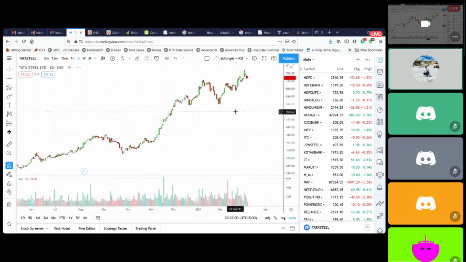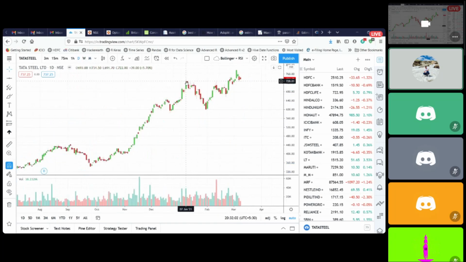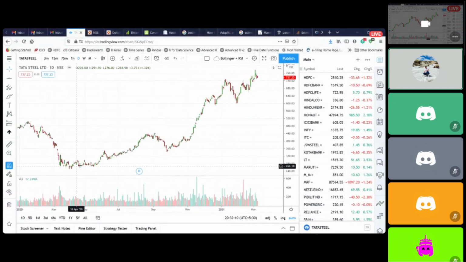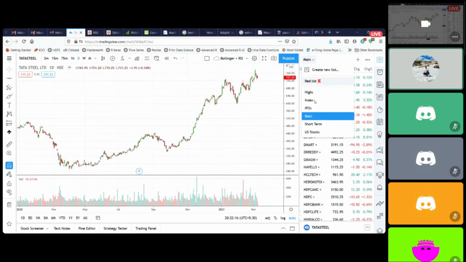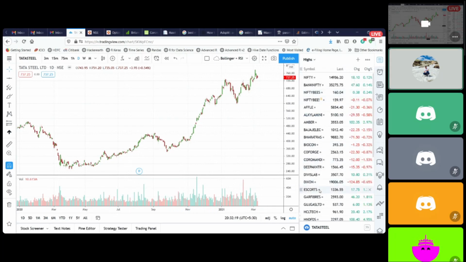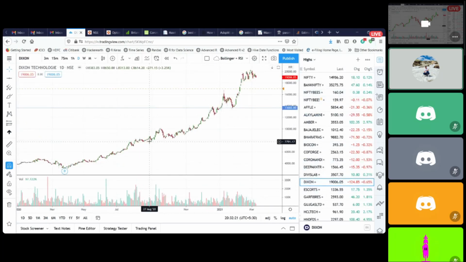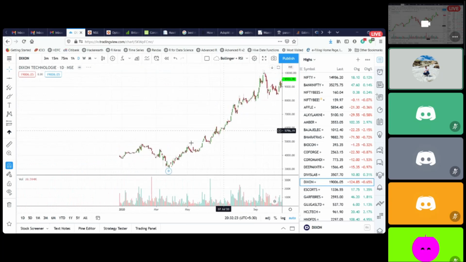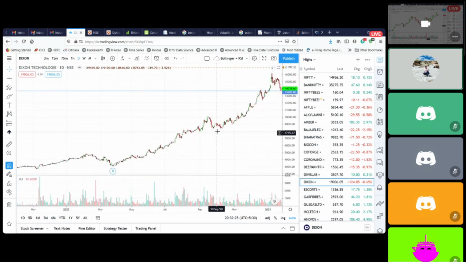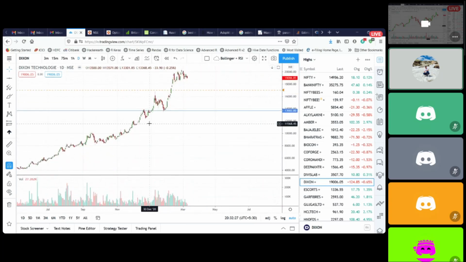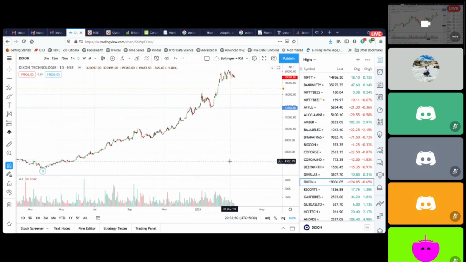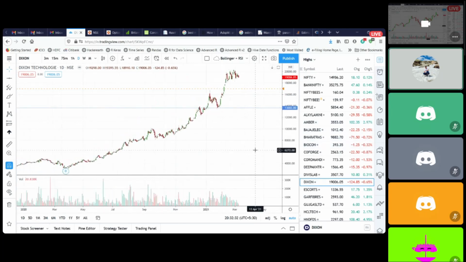So when I see that Tata Steel has now reached its new highs, and now it is taking support at the swing low, this is where I know that my setup is fitting in. I didn't even touch Tata Steel in this whole up move. Many people might have done this, but this whole up move, I was continuously trading Dixon. I have so many entries and exits in Dixon in this whole range. Like buying here, selling here, buying here, selling here. I was busy clicking all of these stocks only.